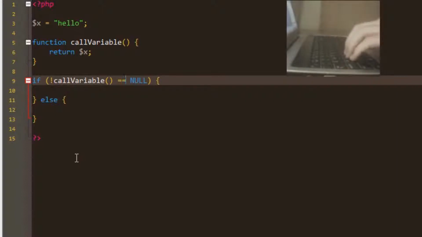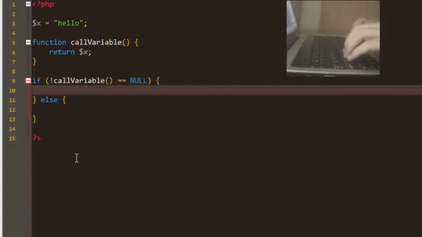So you'll remember from the PHP web development tutorial part 1, the exclamation mark operator negates the value of a variable. So in other words, it is the not operator. So we are saying that if call variable is not equal to null, null being the data type that shows us that a variable has no value. So if call variable does not have no value, in other words, it does have a value, we'll echo onto the screen